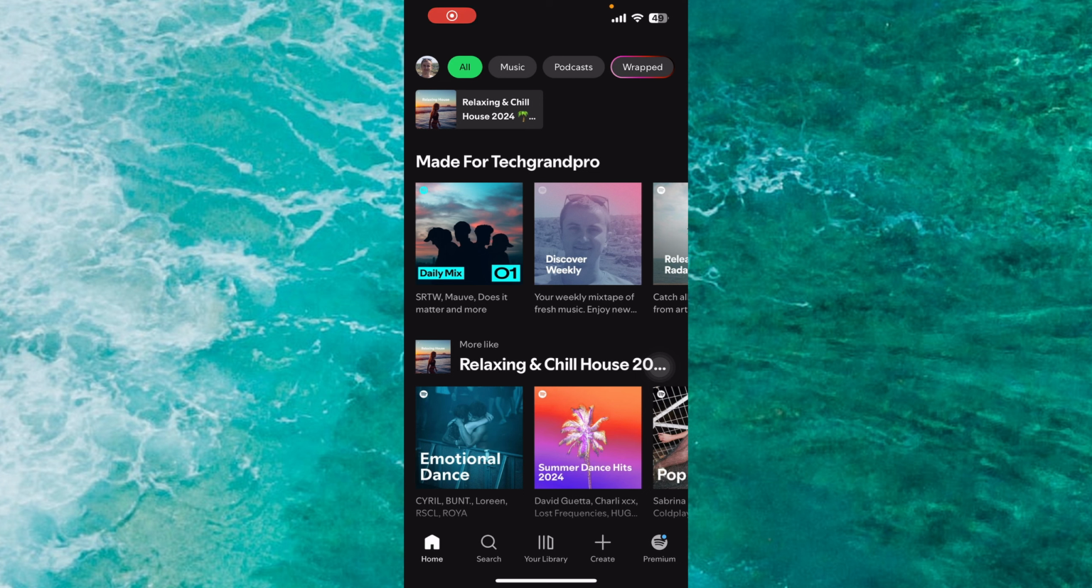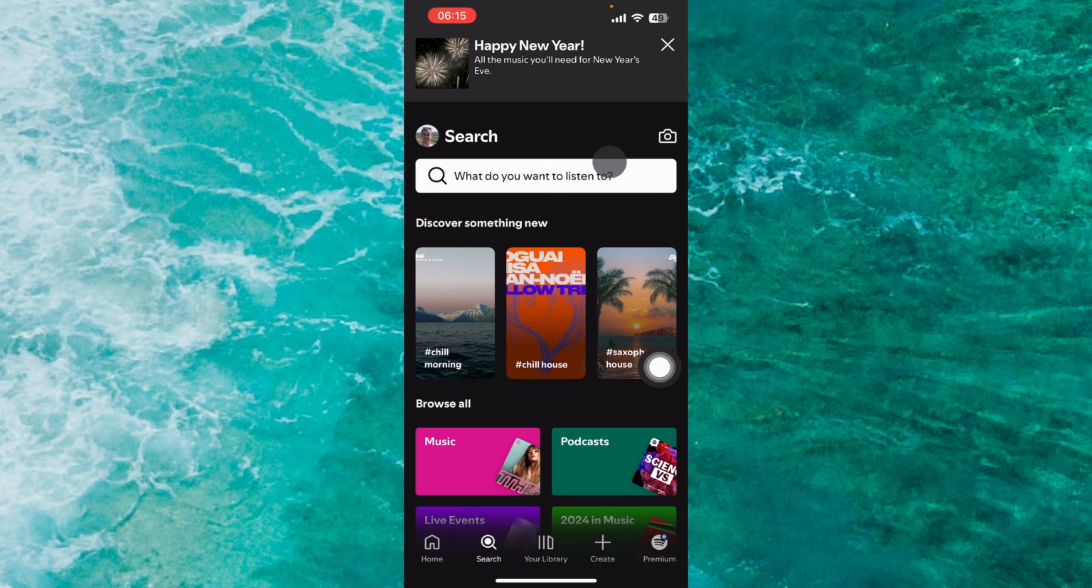Here's how to download songs from Spotify. So first of all, open up the Spotify app, and then, for example, we just add some songs to our playlist,